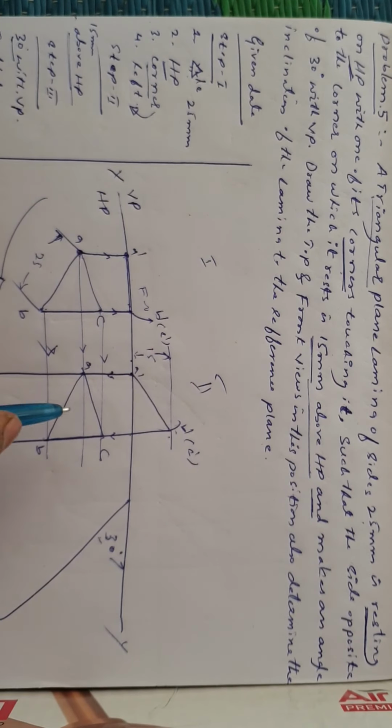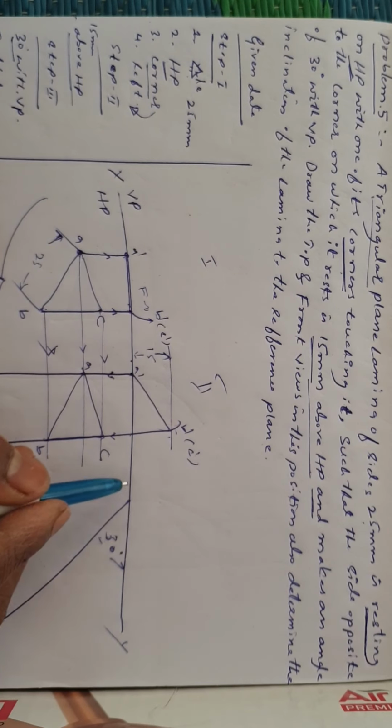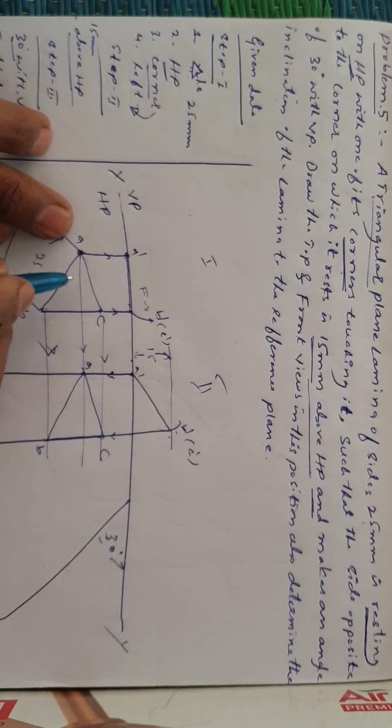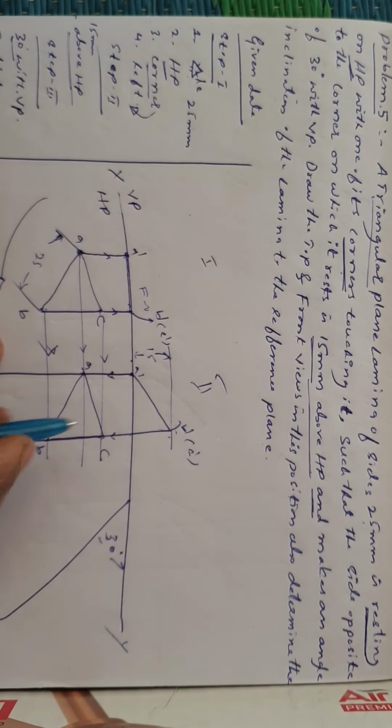And here one thing you remember, if you are not getting the third condition for the third step, whichever side is perpendicular. See, AB is inclined to XY line, AC is inclined to XY line, but BC is perpendicular to XY line. If the same problem is resting by H, this perpendicular side will come here. So whichever side is perpendicular, that perpendicular side should exactly coincide with the given VP line. That is the simple method. So this side should exactly coincide with the given VP line.